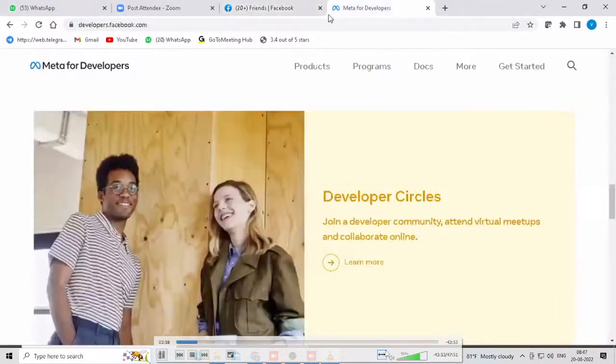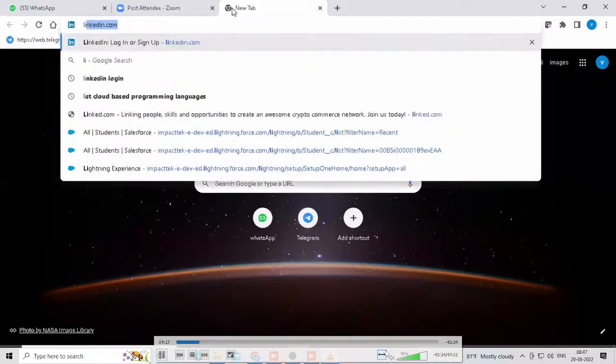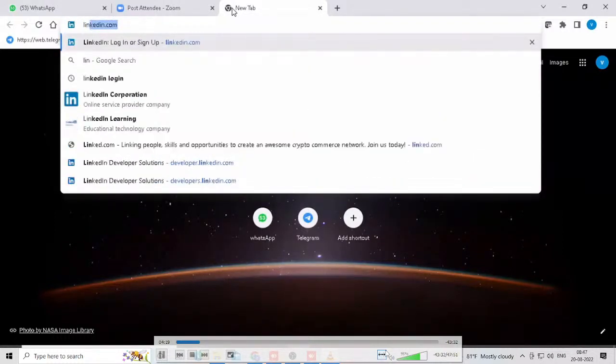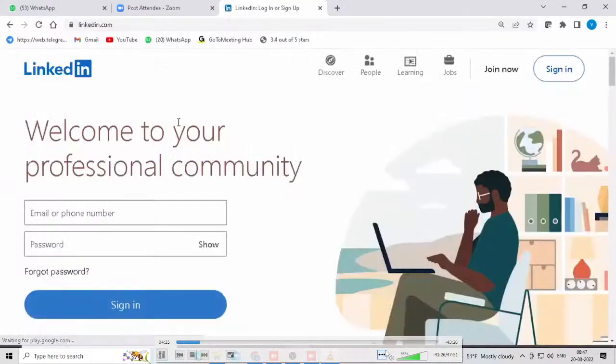Now, this is the PaaS side of Facebook. Let me close this. Open this. You people have a LinkedIn account, yes or no? LinkedIn.com. Here you need to enter your phone number and password. This is the end user side. Okay. Now,